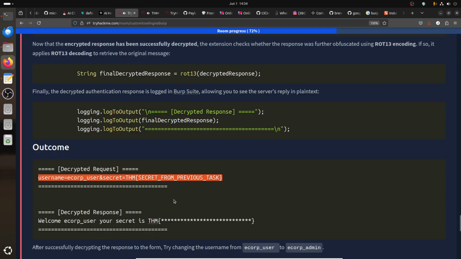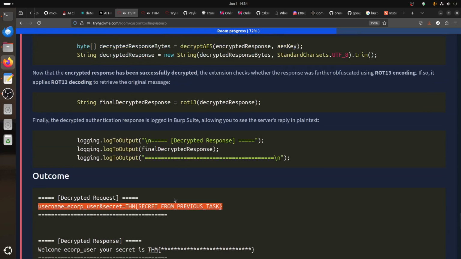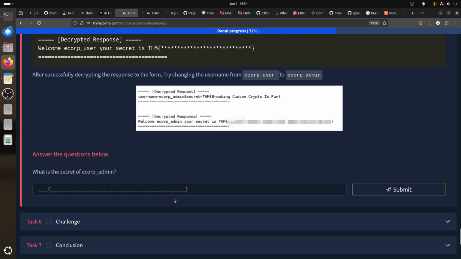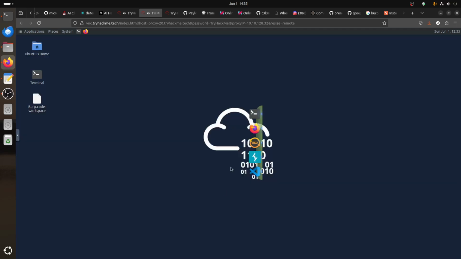Let me think. I'm getting confused for a moment. What is the secret for the admin? Okay, what's the secret for the admin? I forgot how I solved this. What's the secret for the admin again? How we got